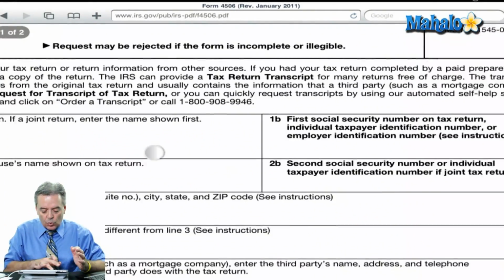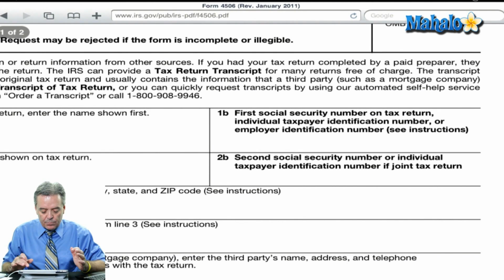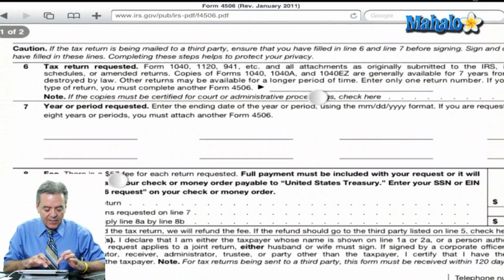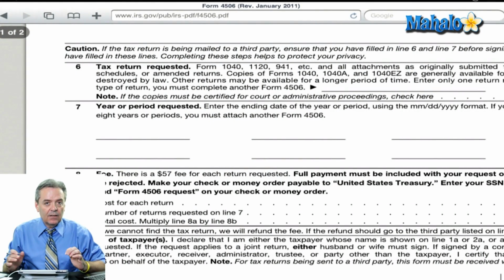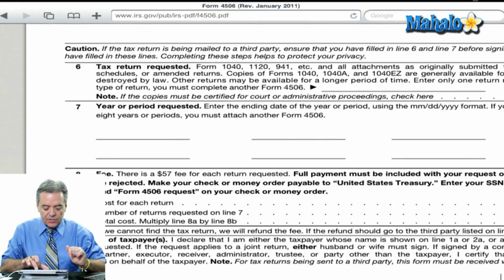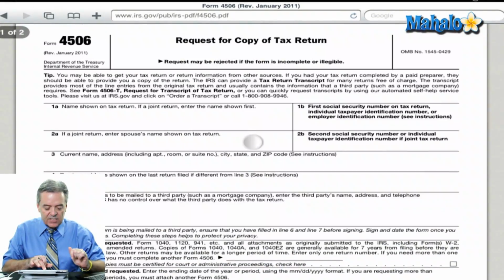If you filed a joint return last year, you'll see boxes 1B and 2B. You need to have your Social Security number and your spouse's Social Security number on the form. So basically pretty easy. There's a place here to put exactly which period you're requesting. Last year, 2009 return, 2008 return. You can basically request old returns for up to 3 years. So this is the way to do that form, and that usually takes a couple of weeks to get that